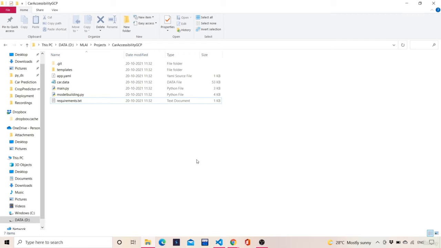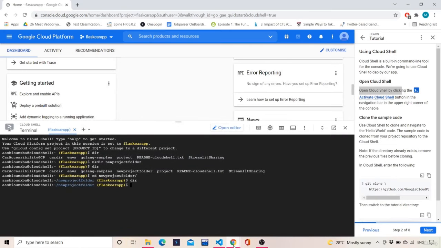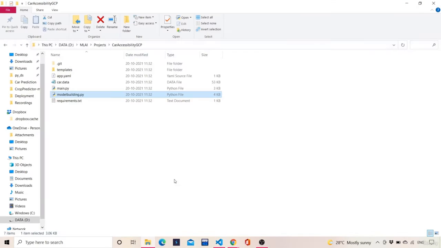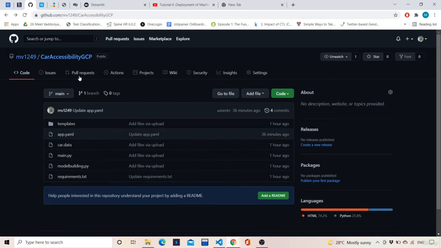So what we will be doing is, this code we will be copying and we would be pushing our code on our Git repository over here. I have already done it. What you need to do is, just create a new repository, and then push all this code into the Git repository. That's it, nothing more than that. You need to push all this code into your Git repository, which is over here.